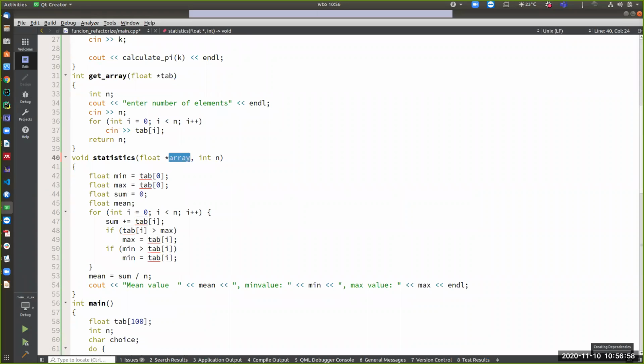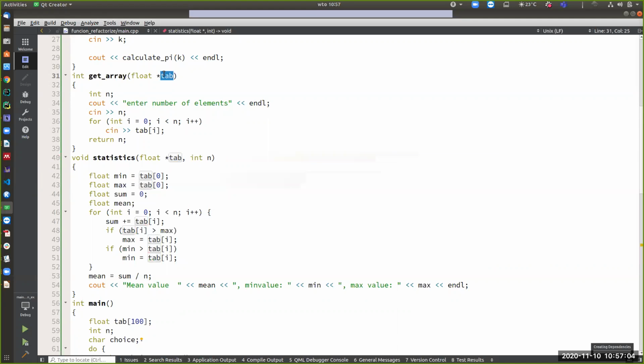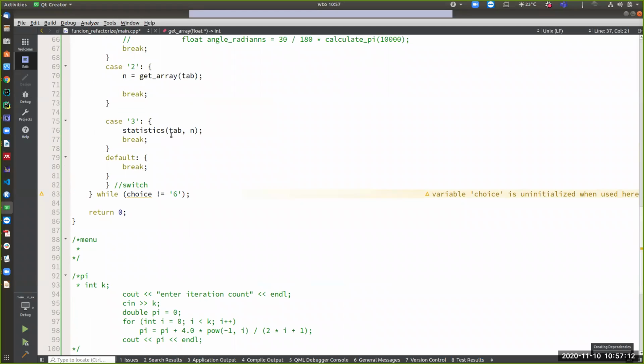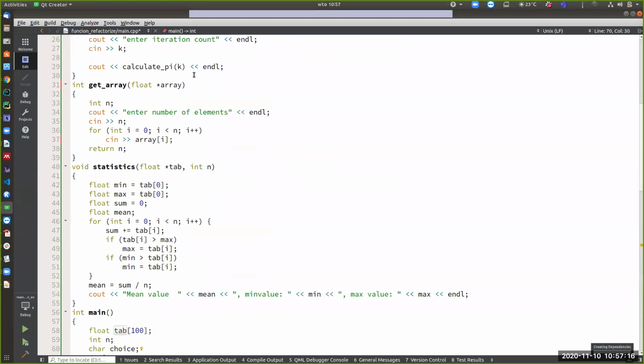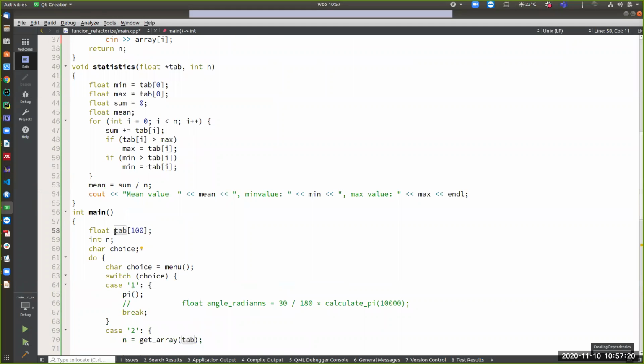You can have a different name for this variable, but because this variable was passed as an argument,